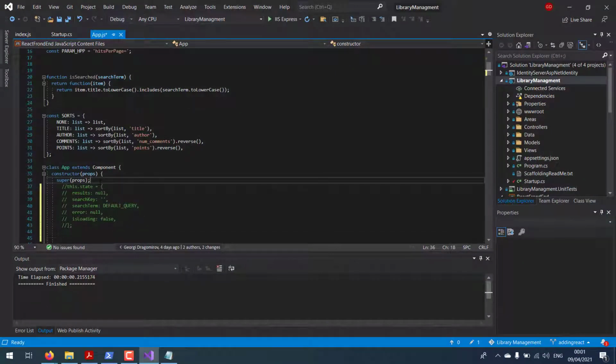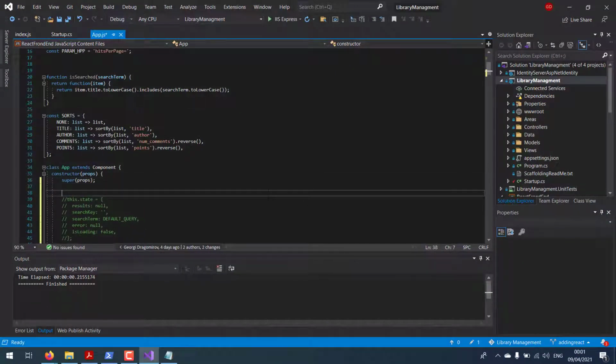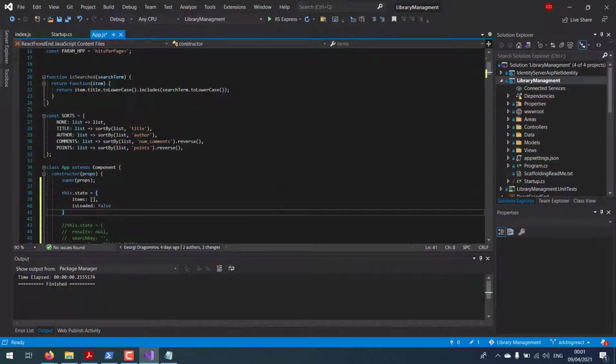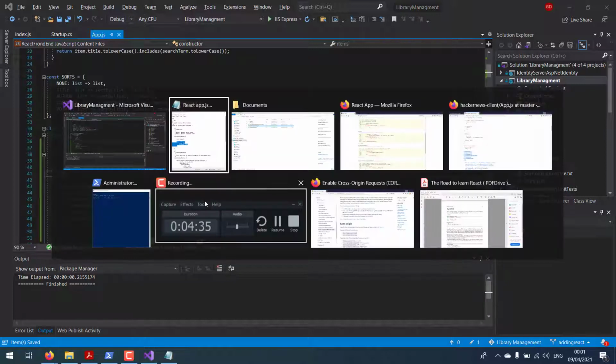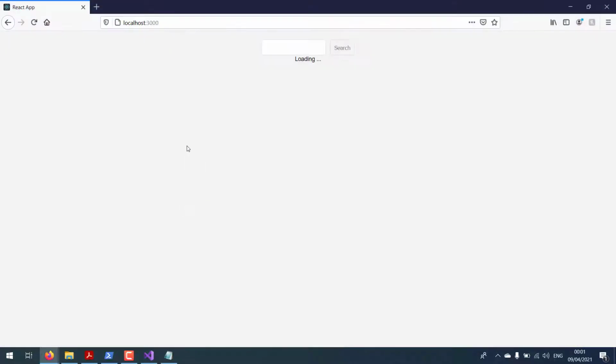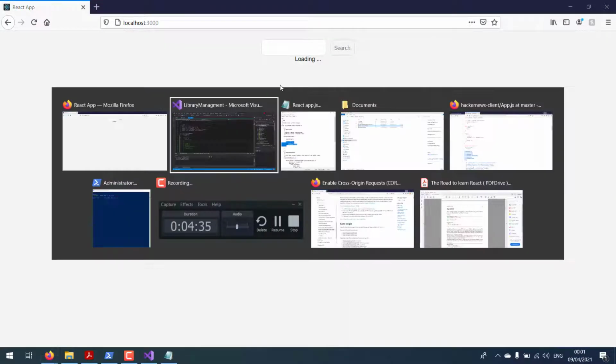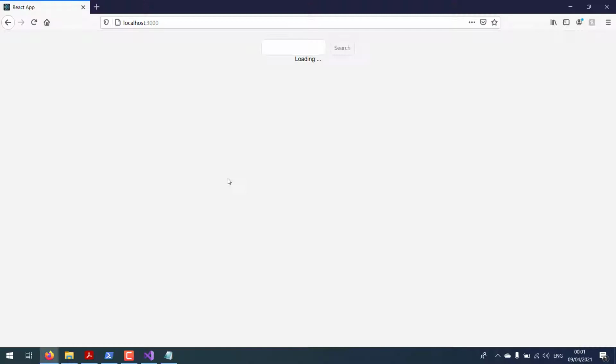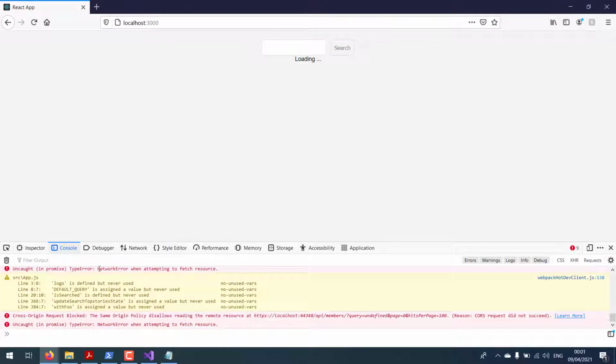Now we only load the items, we don't need any complicated stuff. Now the application is working, but nothing is loading, because if I inspect the element, I'm gonna see